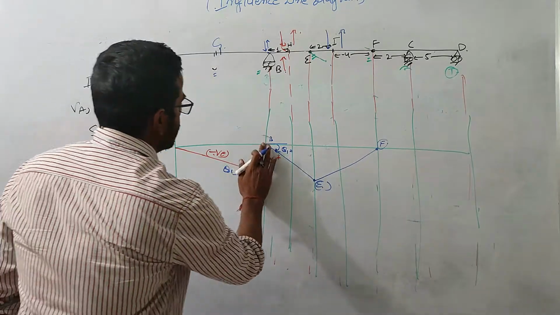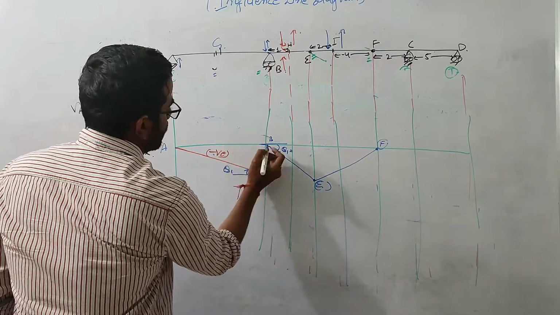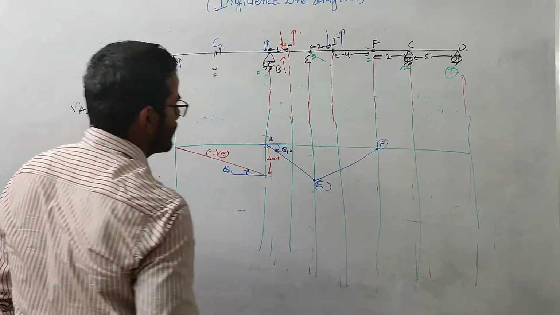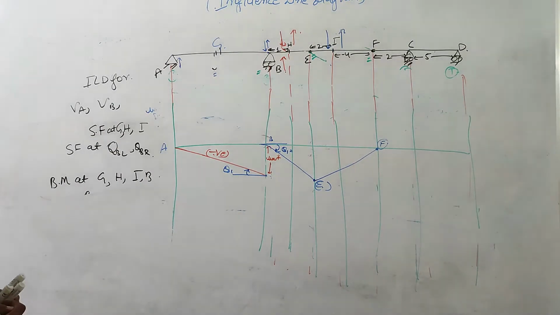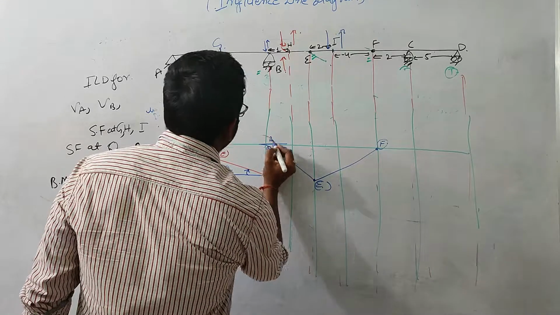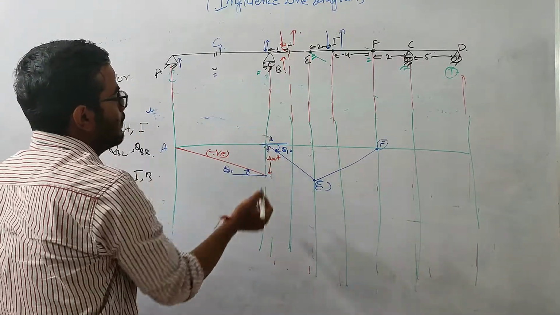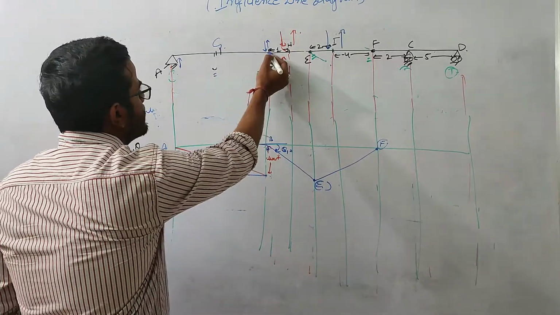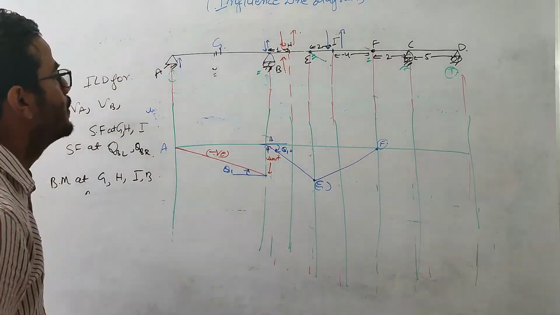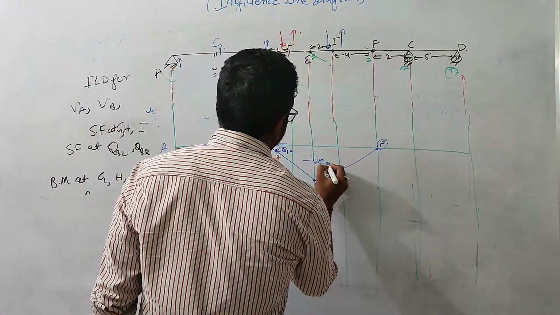Okay, so just at the left of B, it will look like this, right? The slope should be equal. We need to maintain the boundary condition. The support will be somewhere here, so it is left of the support. Don't be confused about why it is moving down. There is a support at B, so the boundary condition is not violated. We are taking a point just at the left of B. So this is again negative.